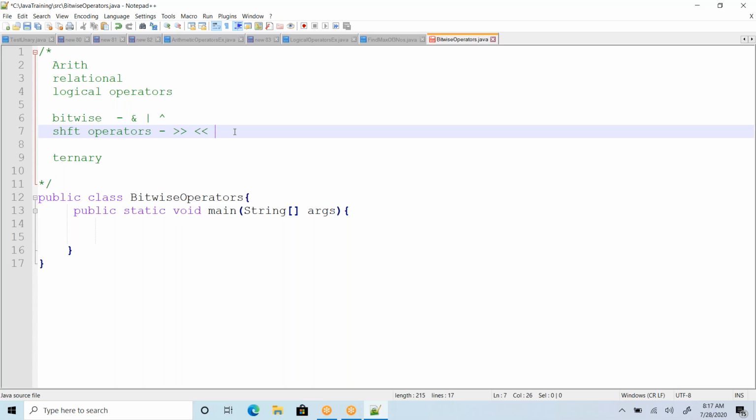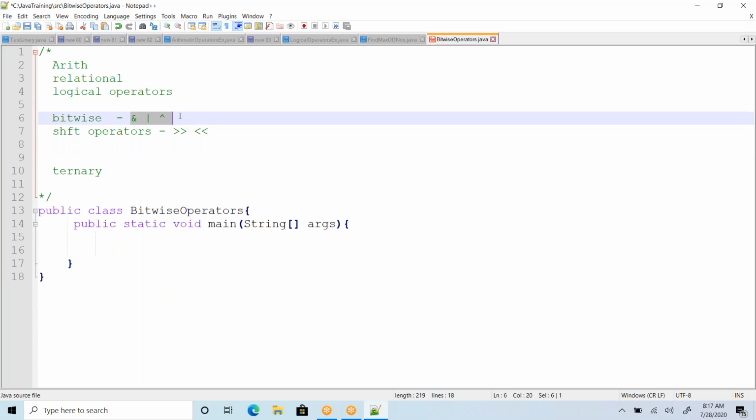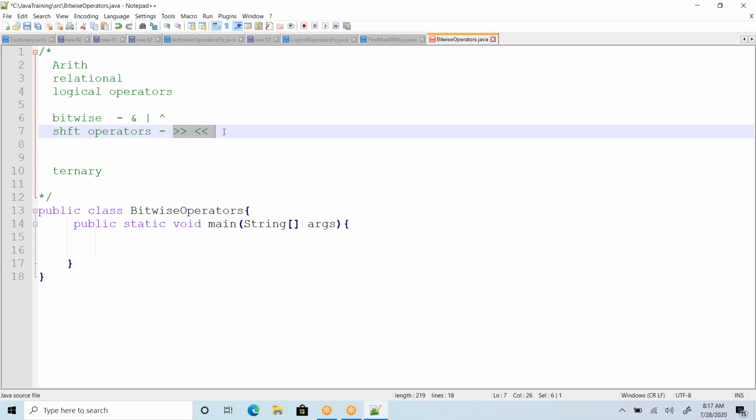In general regular web development we might not use it, but it depends on the requirement. If you have a requirement, of course you can use it. So here we have bitwise AND, OR, exclusive OR, and the left shift and right shift operators.